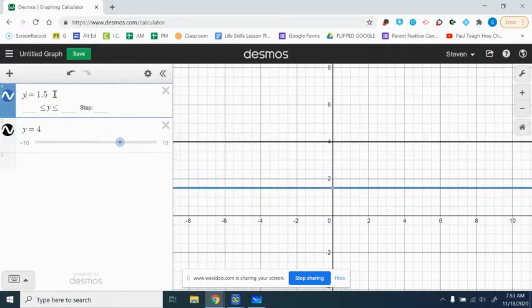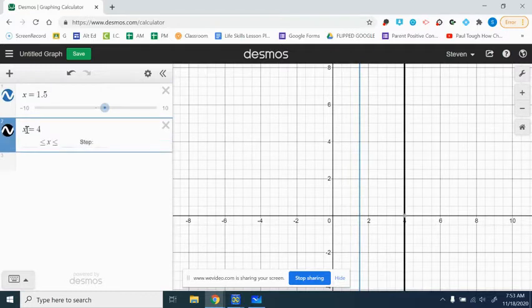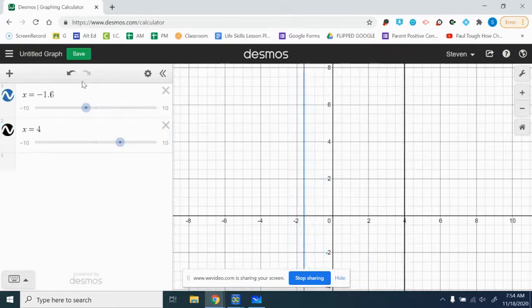Okay, so now let's go ahead and change this to vertical lines, which would be x is equal to a number. Okay, and so now you can see that these are also parallel, right? Because they'll never intersect and they're on the same plane. So any two horizontal lines are parallel and any two vertical lines are parallel. Okay, so now let's take a look at some